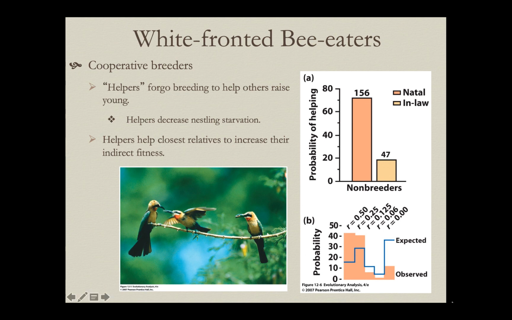Now, when we get over here, let's go way over here. Now we're talking about completely unrelated individuals. Rarely do you see them helping in those circumstances, and usually, again, it's an in-law situation. You're helping at your mate's relatives. But if you were randomly going to help an individual in the population, most individuals in the population are unrelated to you, and you just don't do that very often. So this is exactly what you would expect. The behavior is directed to closer related individuals because that's where you're going to get the most potential indirect fitness gains.